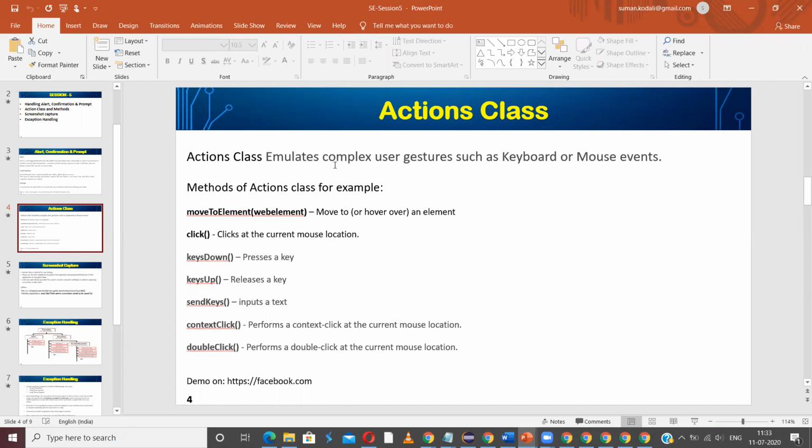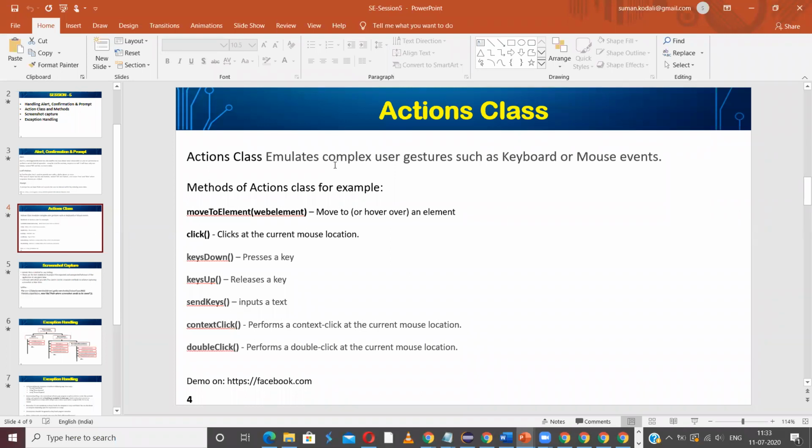And as I told you, if we want to type letters in capitals, first we need to press the shift key and then click the other alphabets.